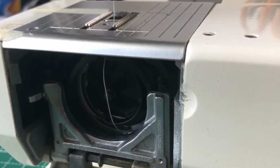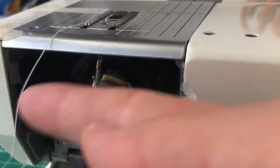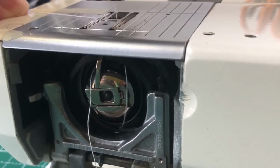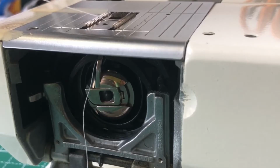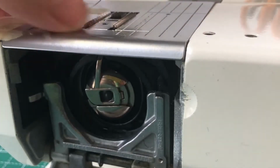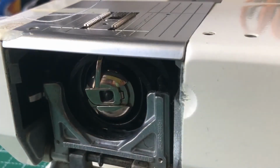Let me just pull that thread through, and then let me empty my bobbin. So I'm going to pop my bobbin in quickly, and then when I repeat what I just did, so the needle is going in, and you can see that now more clearly scooping up. If I pull, and there is the bobbin thread. So you saw how it wrapped around and it scooped up the thread,